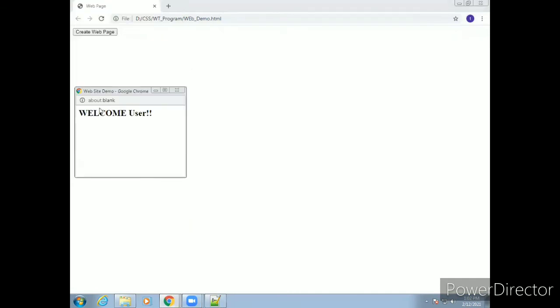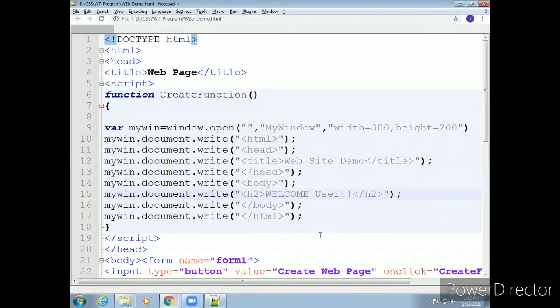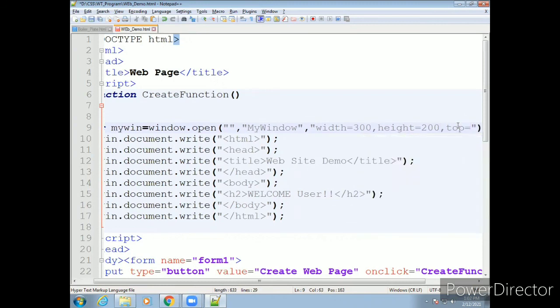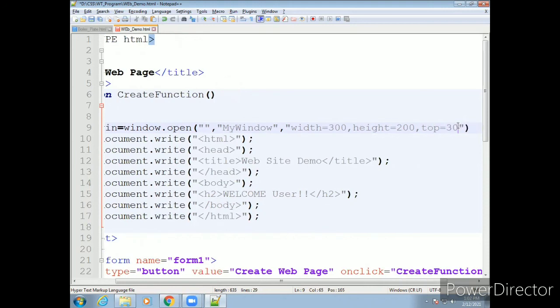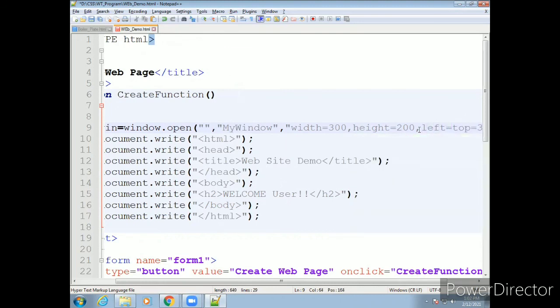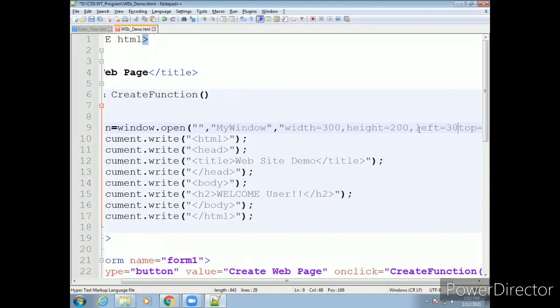Refresh the page. Yes. If you want to change this starting position, you can change it with this. Just go to your first tab where you wrote height and width. Just write there left and top equal to, and if you want to mention any top value, you can give the top value, and there are also other attributes, top and left. So write first top 30 and left equal to 30.